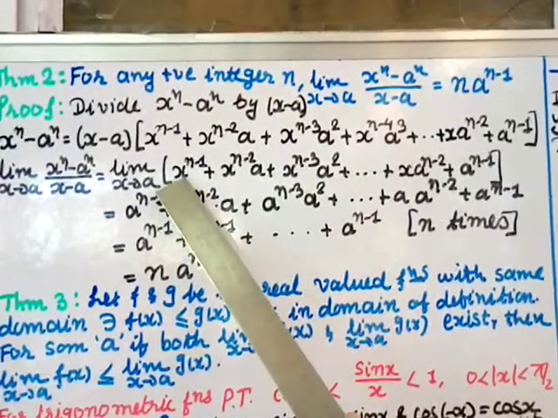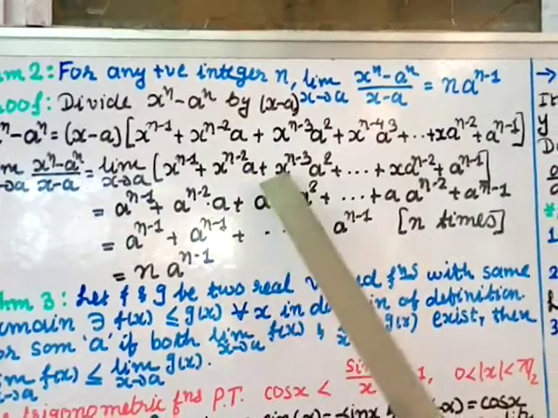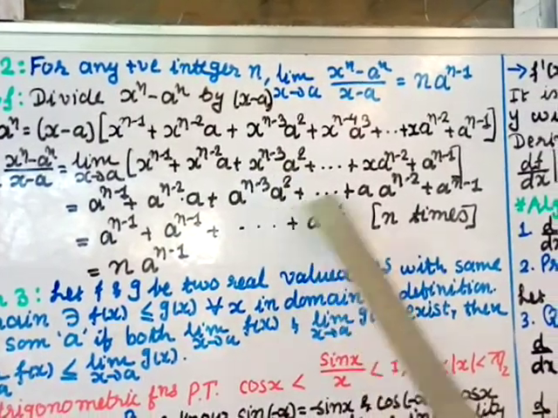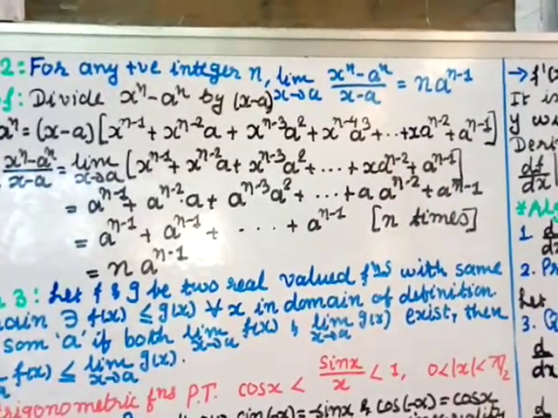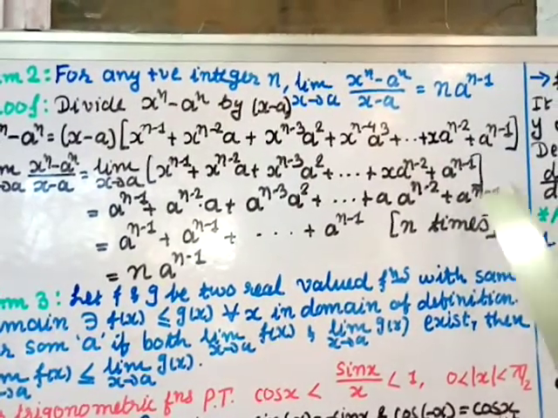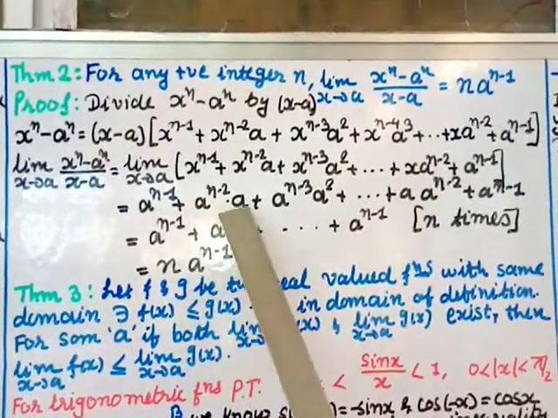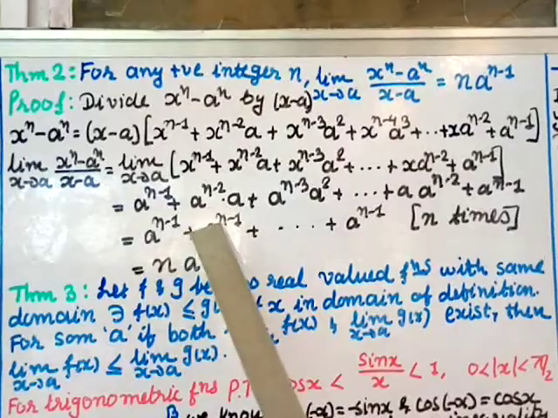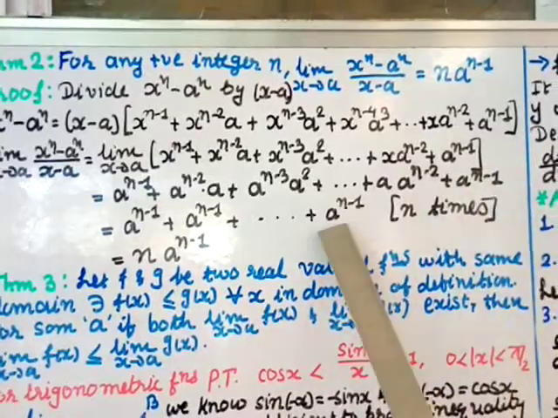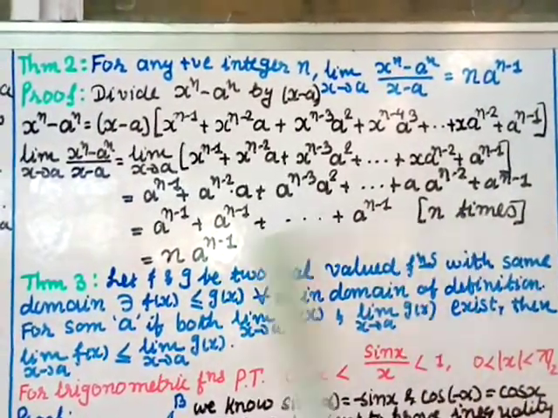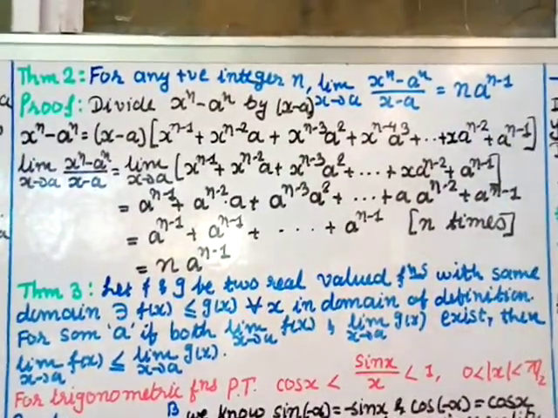So let us put here instead of x, a. So a power n minus 1 plus here a power n minus 2 into a, plus here a power n minus 3 a square, plus up to plus here a power n minus 2, plus here there is no x, that means there is no point in putting the value of a. So here comes a power n minus 1 as it is. Now these powers if you combine, n minus 2 plus 1, you get a power n minus 1, plus here also you will get a power n minus 1, plus up to plus the last one is a power n minus 1, this is n times. So we can say n into a power n minus 1. And that is what you have to prove. Hence the proof.